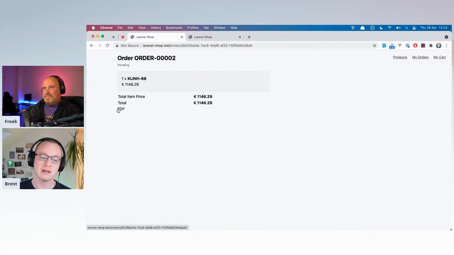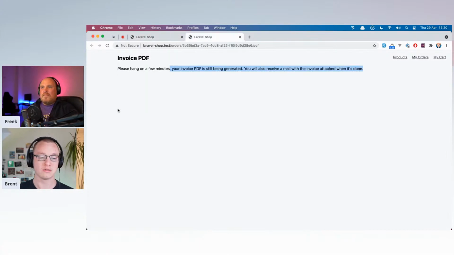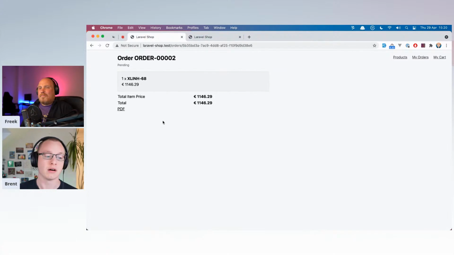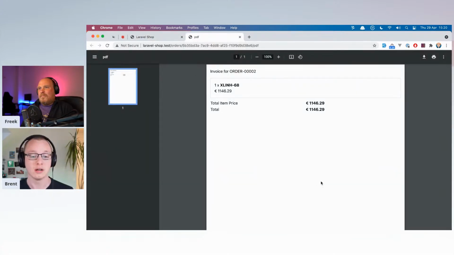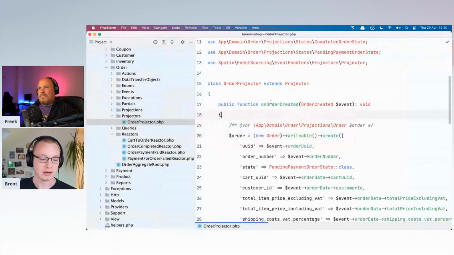The pay button was really fast, and a few of the events were pushed to the Horizon queue, and we'll have to deal with that in the user interface. But it also keeps our user interactions very fast and responsive. And now the PDF is ready. You might want to mail this to the user when it's done.